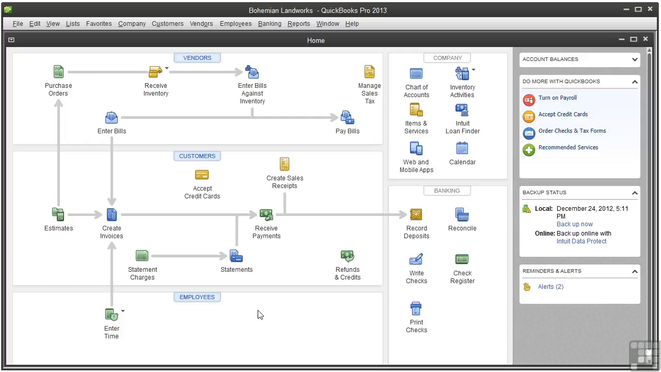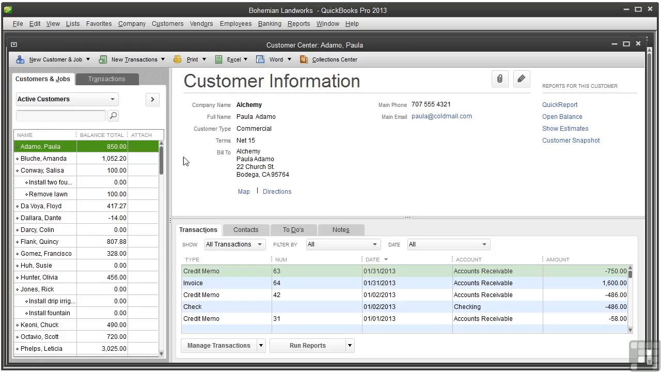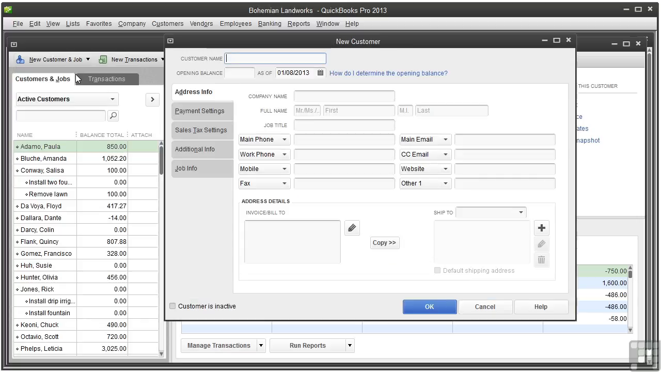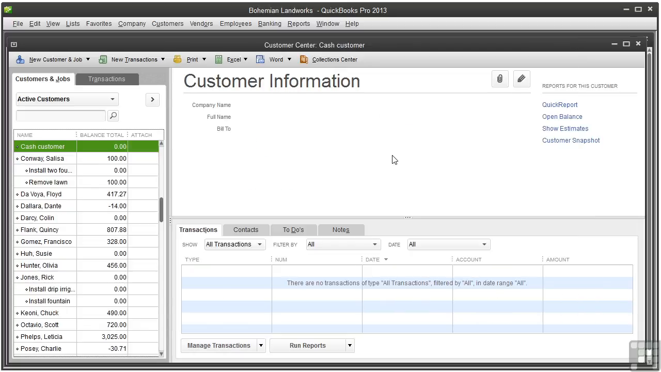So let's open the Customer Center and go to New Customer and Job and click New Customer. For the customer name, let's type something creative like Cash Customer. And that's all we need. So click OK. At the end of the day, you would open up a sales receipt form. And since we're here in the Customer Center, select the Cash Customer and go to New Transactions and choose Sales